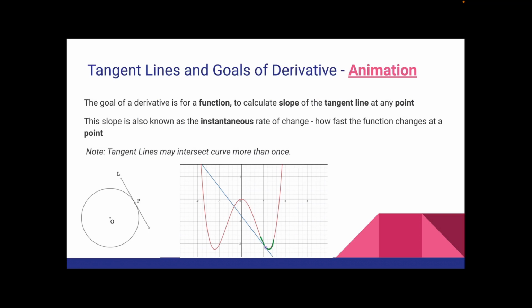First, I want to talk to you about what a derivative allows us to do, which is that it allows us, for an arbitrary function, to calculate the slope of the tangent line at any point. The slope, which is also known as the instantaneous rate of change, indicates to us how the function is changing at that point. It's a lot to take in, but the animation which I'm about to show will help you